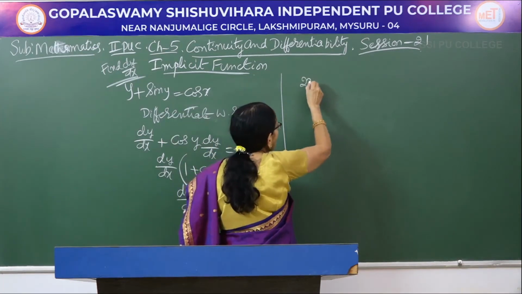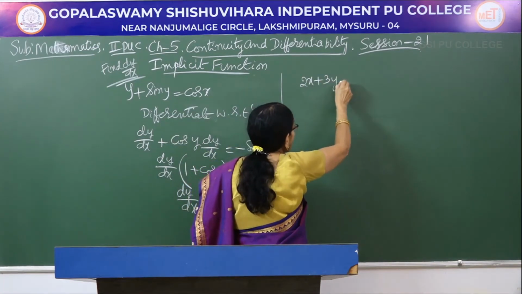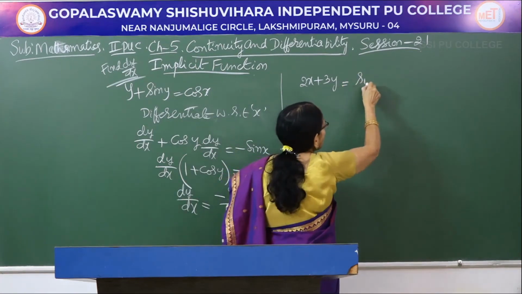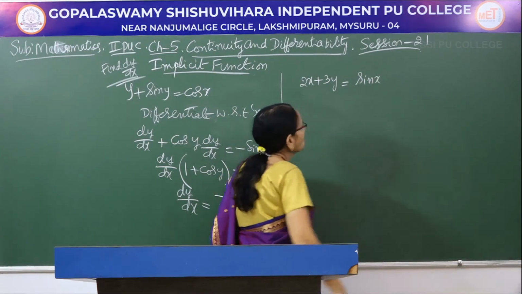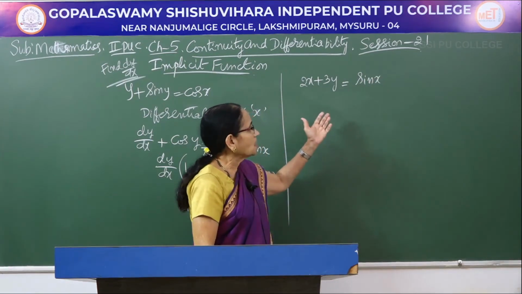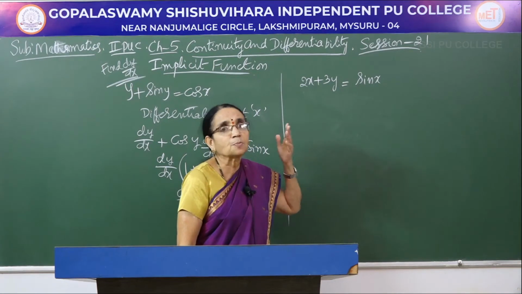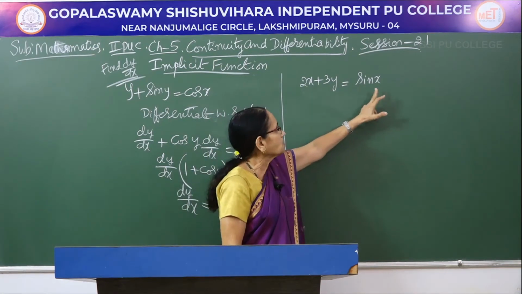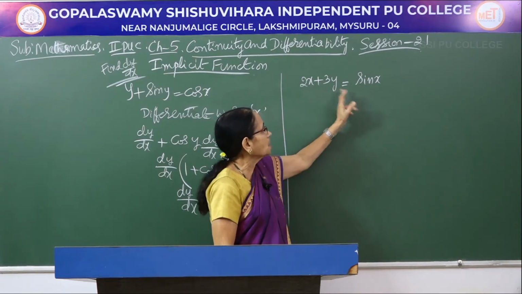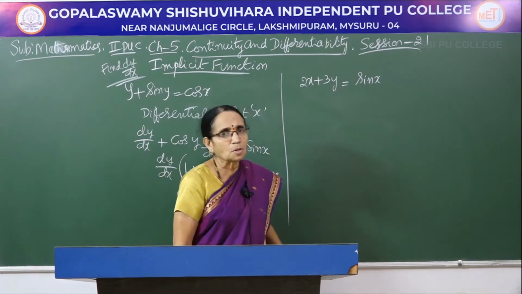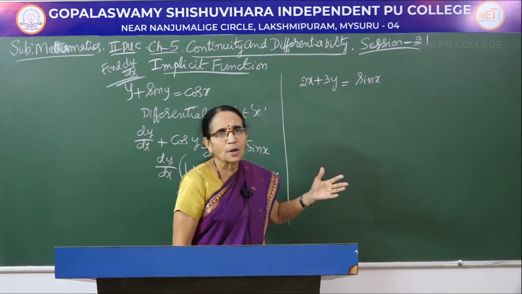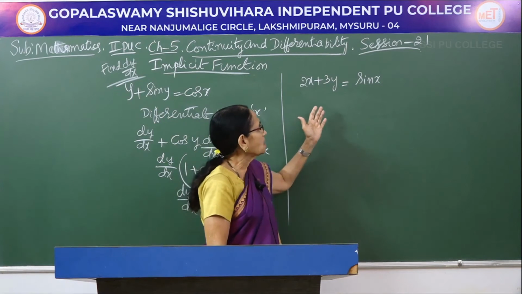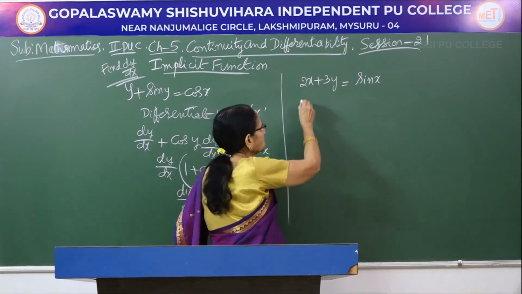Here it is comparatively simpler. 2x plus 3y is equal to sin x. Here you observe, of course, it can be expressed in the form of an explicit function also. For example, you take 2x to the right hand side, it becomes sin x minus 2x, and divide by 3, that becomes y is equal to some function. So, it comes to the form of an explicit function here. So, here also directly we differentiate